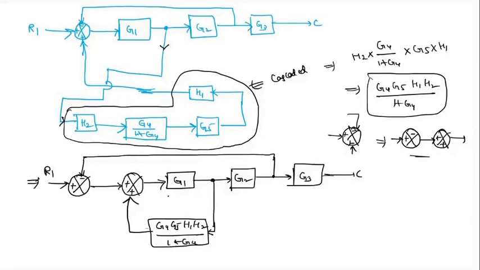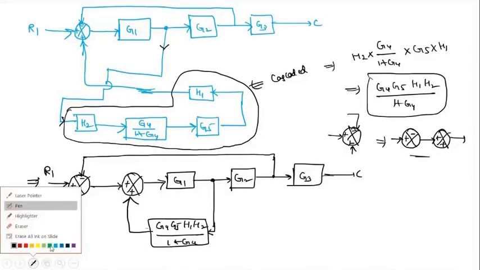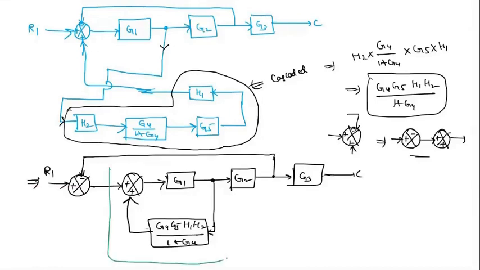So now if you look at here, this is the parallel connection. If you look at this diagram, it's a parallel, because we know that the rule is parallel means the starting points of the elements and the ending points of the elements will be connected together. So here for this G1, the starting point is this.